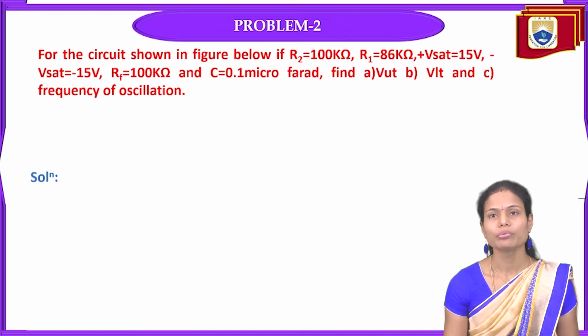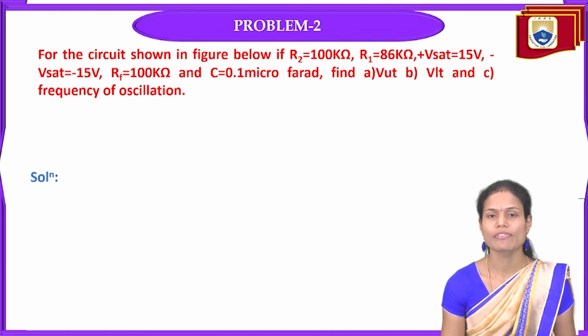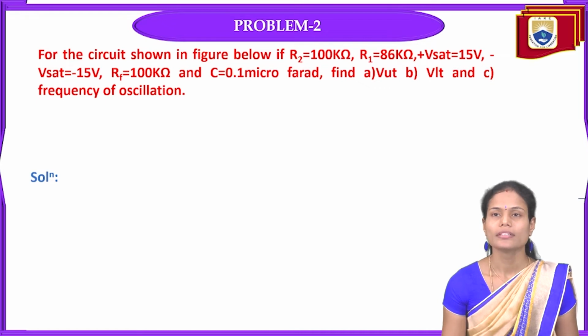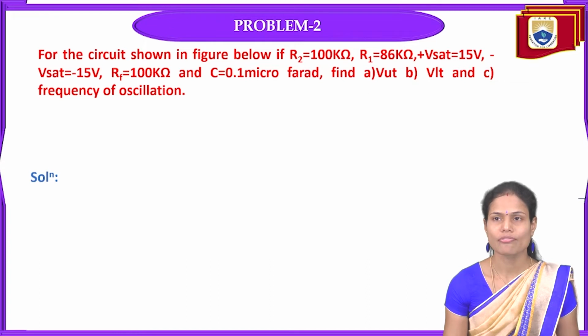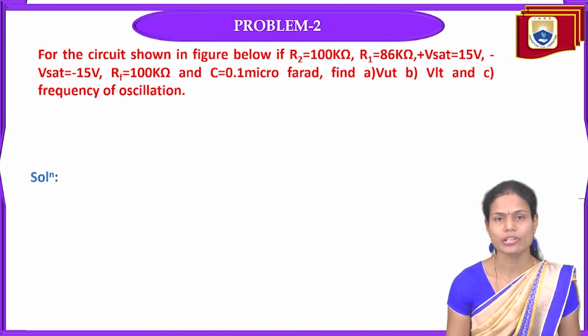If R2 is equal to 100 kilo ohms, that is the second resistance value, and the resistance R1 is 86 kilo ohms, and the positive saturation value is 15 volts, and the negative saturation value is minus 15 volts, and the feedback resistance is 100 kilo ohms, and the capacitance for the circuit is 0.1 microfarad. From this we need to find the upper threshold voltage VUT, the lower threshold voltage VLT, and the frequency of oscillation